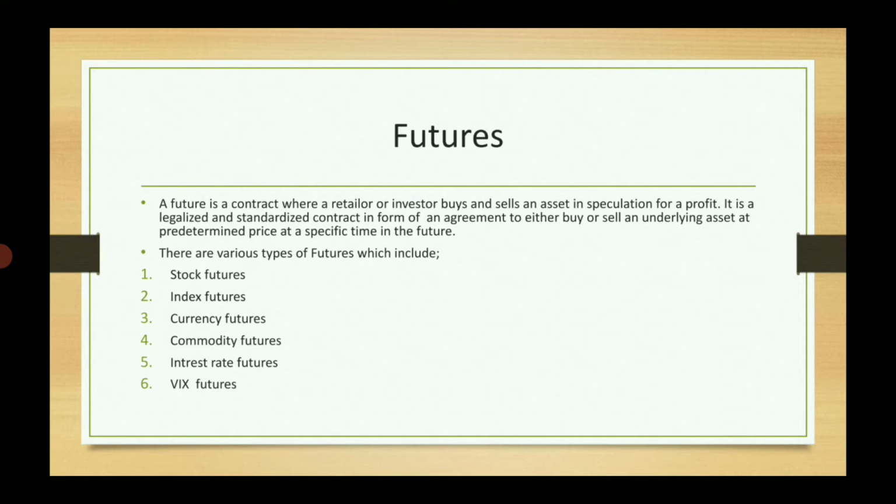What that actually means is you buy some commodity or an asset, let's say Apple stocks. Then when you buy and the market moves up, you are gaining a profit. But if it goes the other direction, you are being cut out and you're making a loss. And there are various types of futures. Some of them may include stock futures, index futures, currency futures, commodity futures, interest rate futures, and VIX futures. As we go on, I'm going to keep showing you what each and every one of these means.